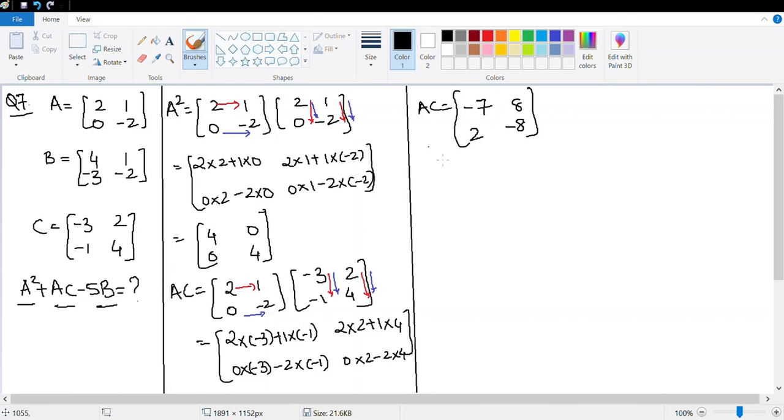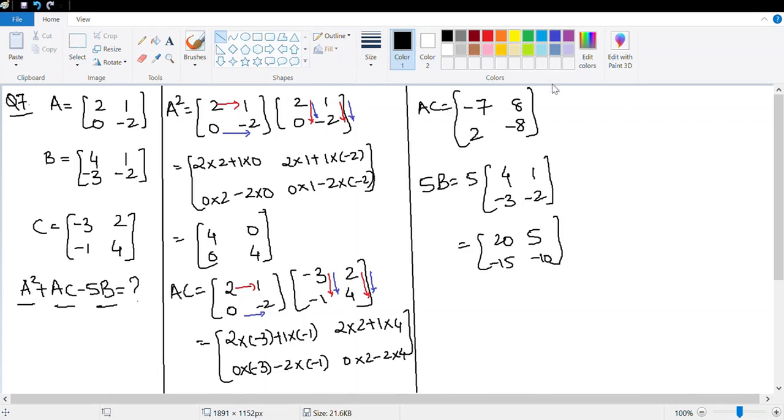So now let's check what is 5B. 5B is 5 multiplied with 4, negative 3, 1, negative 2, which is equal to 20, negative 15, 5 and negative 10. So now let's add all of them up. So when I add, how would it look like? Let's look at this. So we have added all of this. So A square plus AC, no, not plus, this is minus 5B will look like